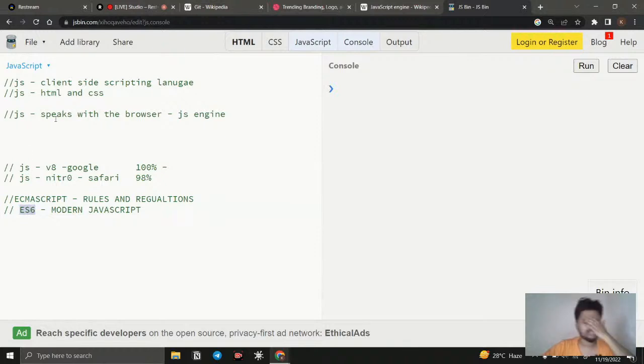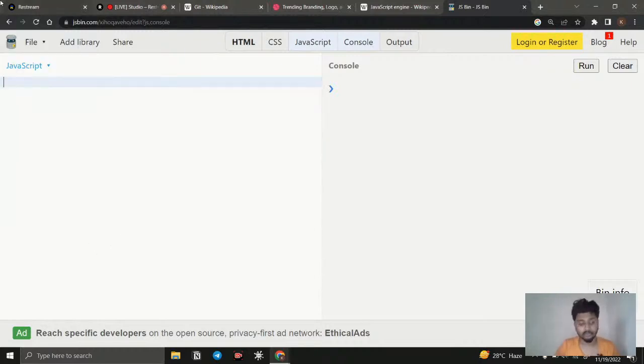And these are the interview questions that will be asked when you are a JavaScript developer: what is JavaScript and what is it used for, what is a JavaScript engine, what engines are available, who created the engine first, what is ECMAScript, what is ES6. These are the common questions they will ask you about JavaScript. So this is all about that. JavaScript for front end: right now JavaScript can be used in front end, back end, everywhere.